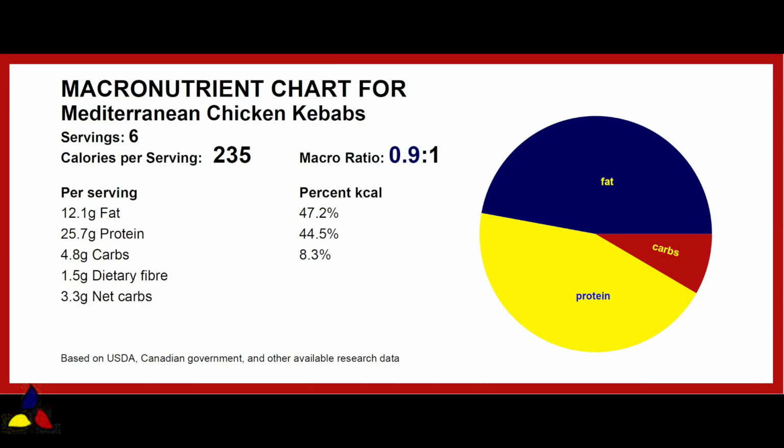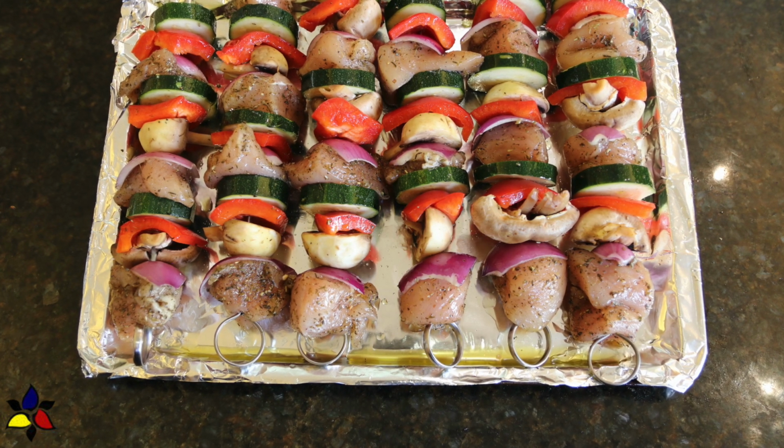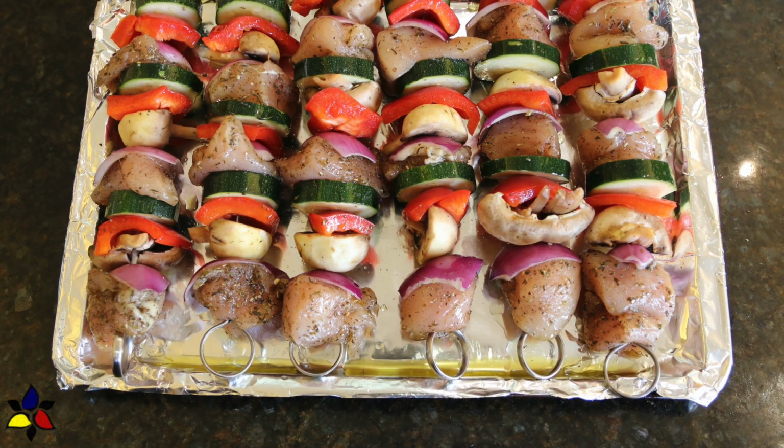The macronutrient ratio for the Mediterranean chicken kebab, not including the tzatziki, is 0.9 to 1. With 4.8 grams of total carbs, 1.5 grams of dietary fiber, resulting in 3.3 grams of net carbs per entire skewer of meat and all the vegetables. These kebabs are high in protein, and the vegetables are a good combination of vitamins and minerals for a healthy,